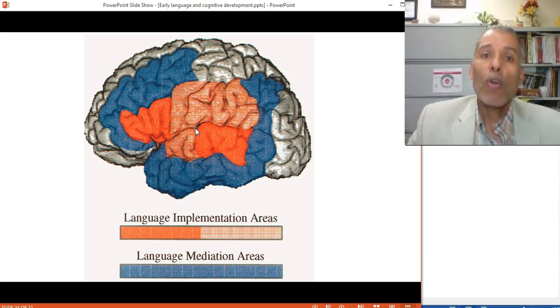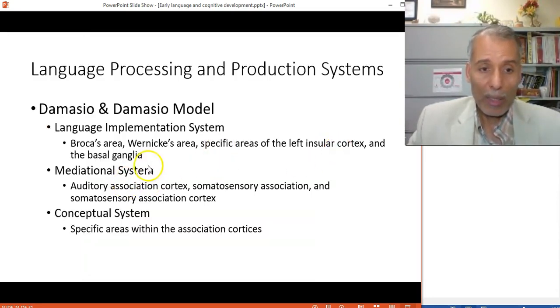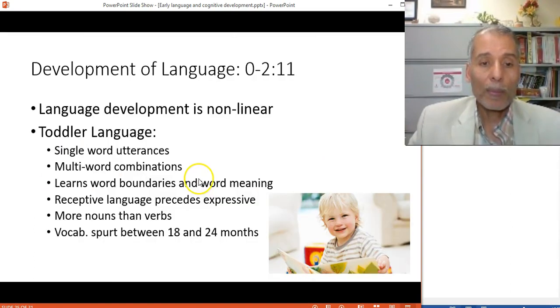And then the language mediational system is the blue belt areas that actually help connect your language with your thoughts and your knowledge. And the other areas here, they are conceptual, and they store images of things that you know, and sensory information, like how they feel when you touch them, and also categories and different things. So you connect your language use with your conceptual knowledge through that mediational system. That is what that system does. So it consists of these three components.